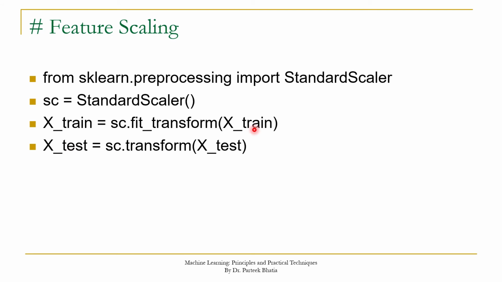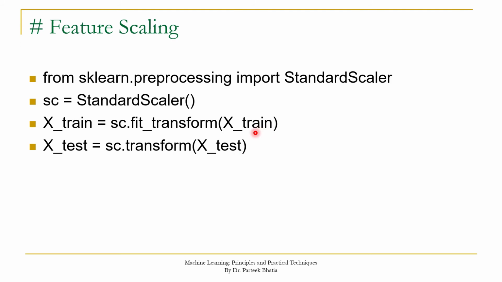The fit over xtrain means that we are calculating the mean and standard deviation over training dataset, and after calculating mean and standard deviation over training dataset, we are using the same values to transform our xtest. So this will ensure the uniformity in our dataset, because xtest will contain only 25% record as compared to training dataset. Xtest will have small number of records as compared to training dataset.